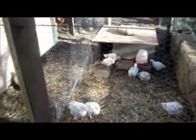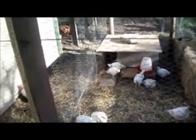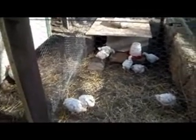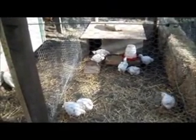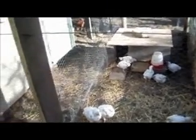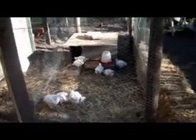Yesterday afternoon, I knew it was going to get cold tonight, so I went ahead and hooked a light up in there for them. Once I put the light on, they all went in there, settled in for the night. And I screwed up because I forgot that yesterday was Easter Sunday and the grain store wouldn't be open,